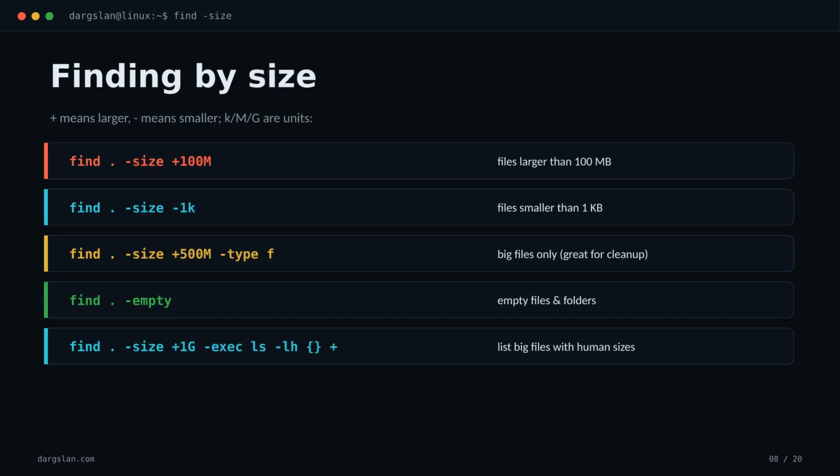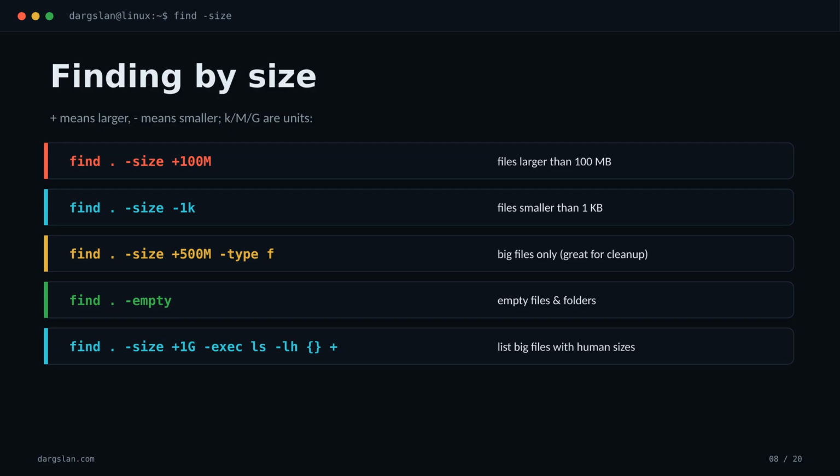Now let's filter by size. Incredibly useful when your disk is filling up and you need to know who the culprits are. The syntax is simple. A plus sign means larger than, a minus sign means smaller than, and you tack on k, M, or G for kilobytes, megabytes, or gigabytes. So -size +100M finds anything bigger than 100 megs. Pair it with -type f to skip directories, or use -empty to track down 0-byte files and folders. And that last one, combining -size with -exec ls -lh, gives you a tidy, human-readable listing of your biggest files,